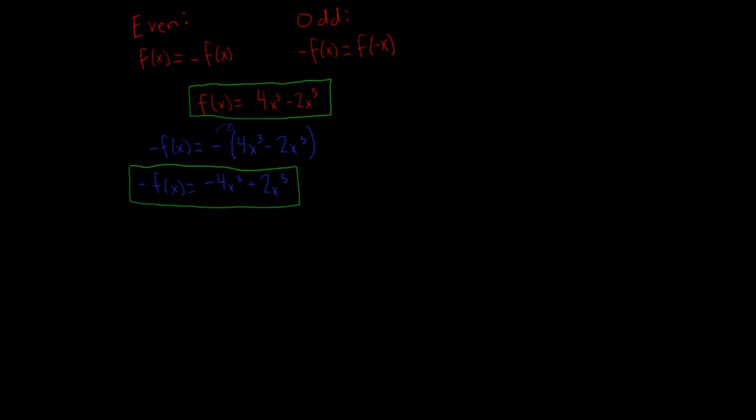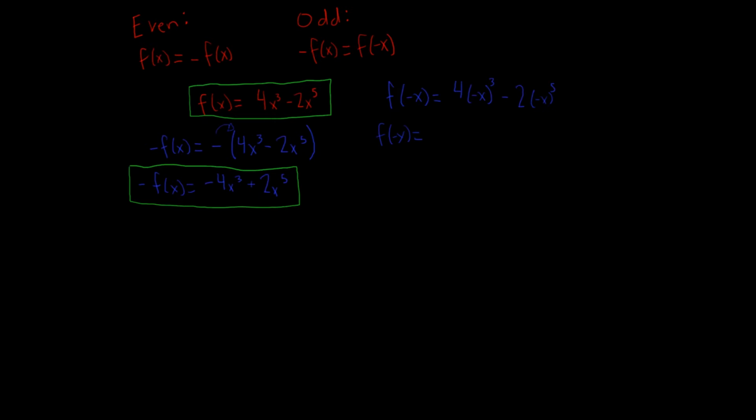So why don't we go check to see if it's going to be odd now. So we have negative f of x equals f of negative x. First let me write out f of negative x. We know that to find out what f of negative x is, we're going to replace all the x's we see with a negative x. So we'll do 4 and then negative x to the power of 3 minus 2 negative x to the power of 5. So f of negative x equals, and then before I write whether or not this 4 is going to be positive or negative,